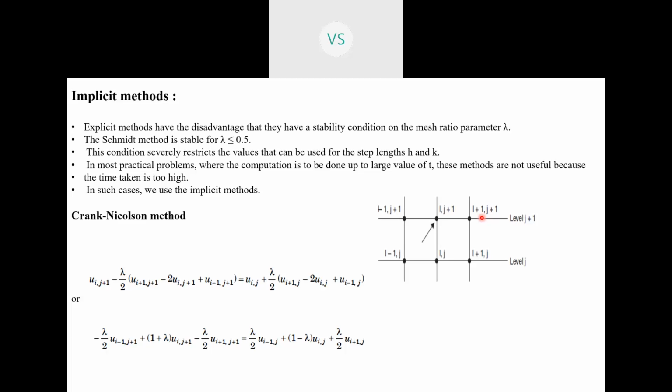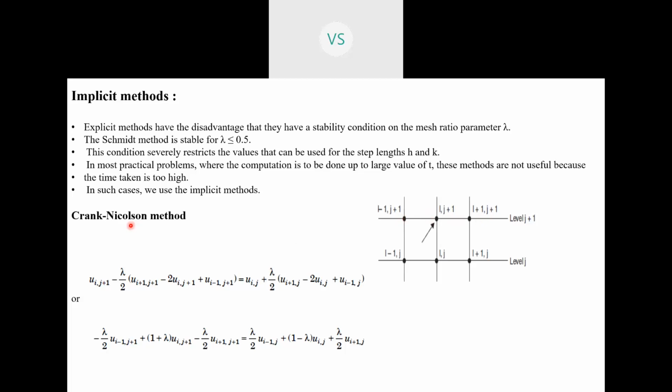In the explicit method, we were not considering the nodal points at the same level. Therefore, we were easily finding the value of this nodal point from the previous level nodal points. But here, as the neighboring nodal points are considered, we can't get the value of this nodal point directly. So we have to write an equation for each and every neighboring nodal point, then form simultaneous equations, and then solve to obtain the values of all the 3 points. So this is the implicit method.